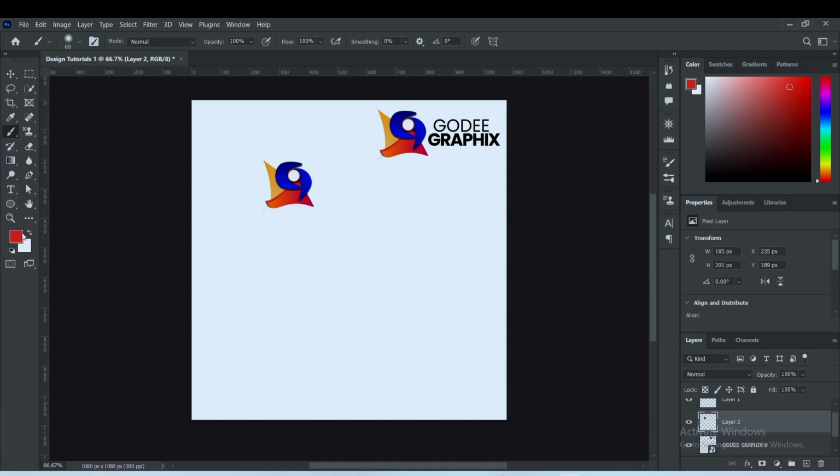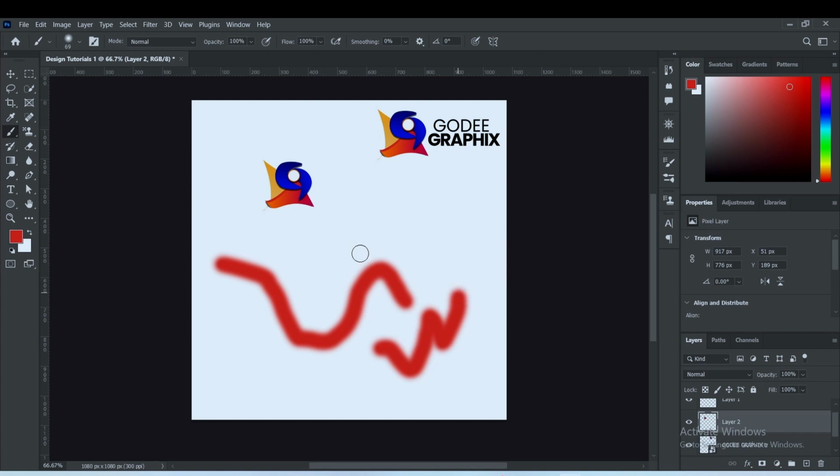So now we have our foreground color set to orange. Yeah, so that's the foreground color. Now let's say I really want to do something here. You see the brush tool, the brush tool is working. You get it? So this is what the brush tool is like, using it for painting. Or even better still, if you do not want to use the brush tool, oh yeah, I'm using Ctrl Z to